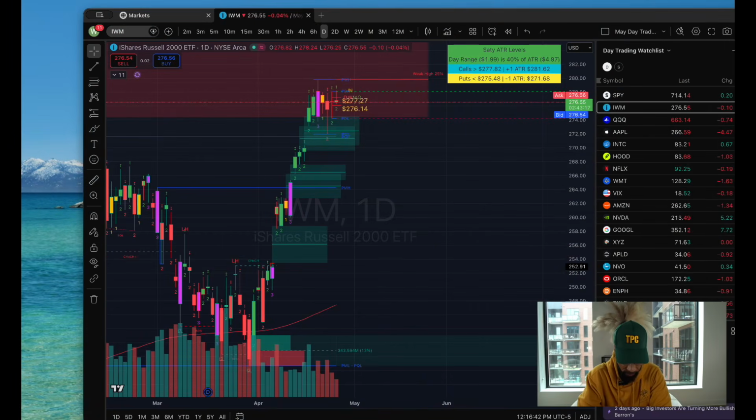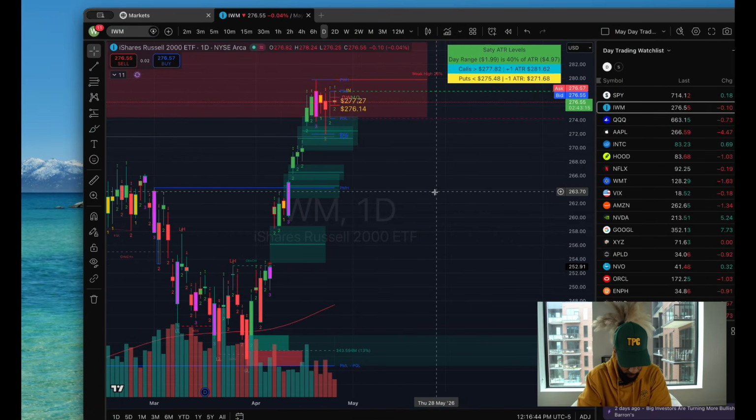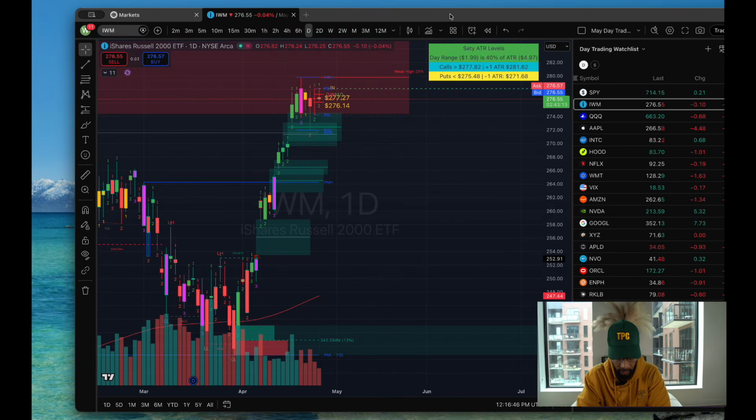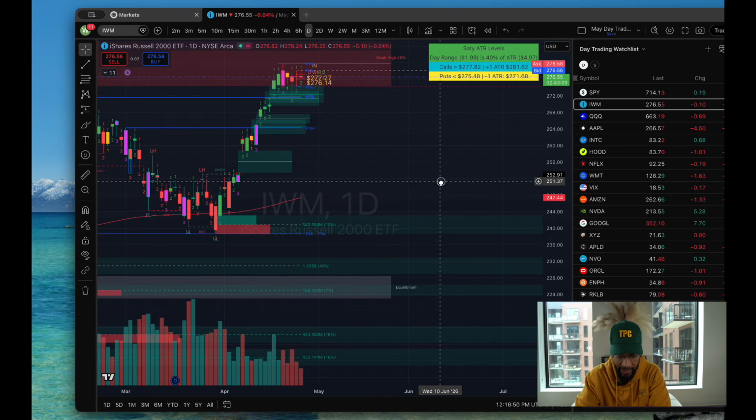It just depends on that market structure, right? This has made trading very clear to me, right? So let's now go to the charts and let me show you guys the order blocks versus the fair value gaps. Now, perfect example. Right here we have IWM. As you guys can see,